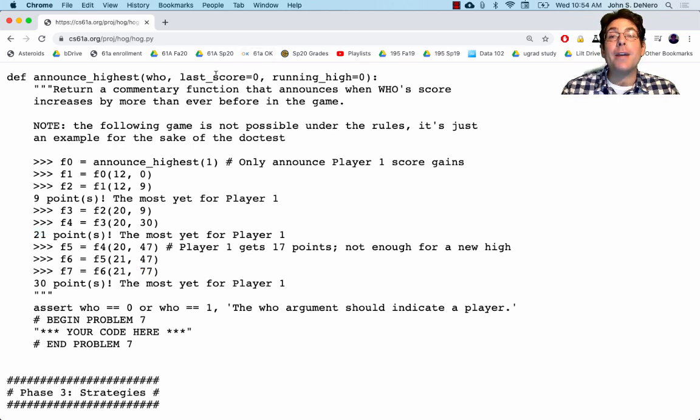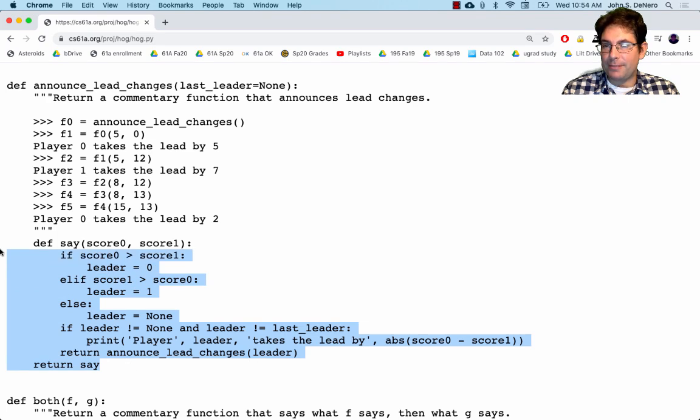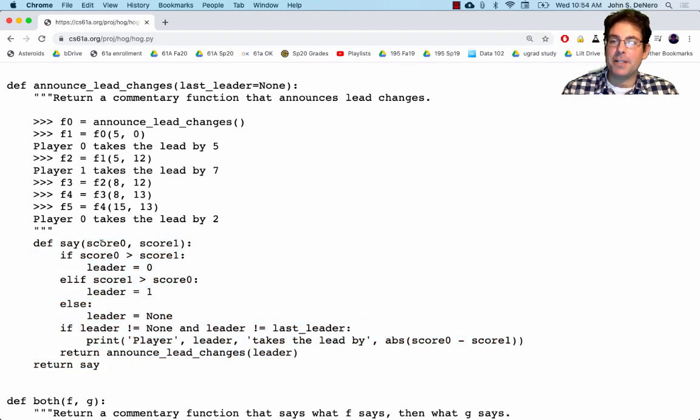We have enough names to track all that stuff, and so we can write a function with exactly the same structure as announce lead changes. Define, say, a function of score 0 and score 1 that computes interesting stuff about the current score. This interesting stuff will have to be different in announce highest than it was in announce lead changes, because we don't care about the leader. What we care about is how many points player 1 or player 0 got. Then we'll have some if statement to figure out whether it's time to print, and then we'll call announce highest